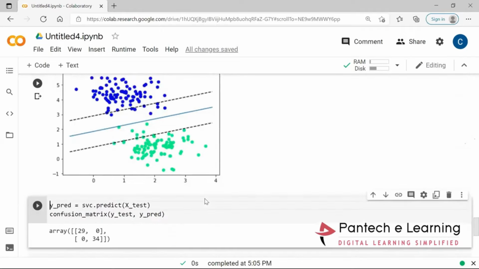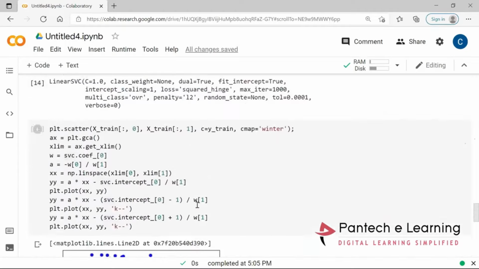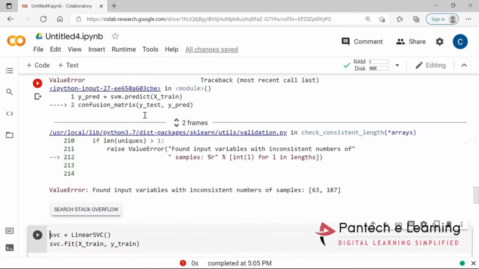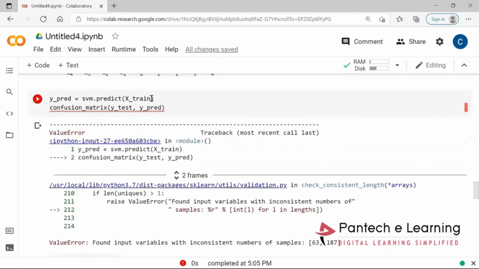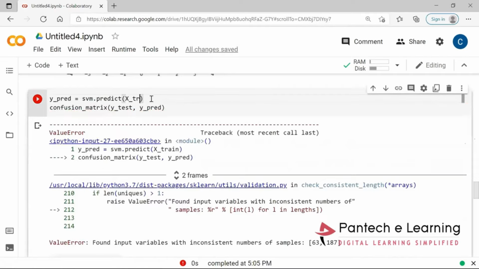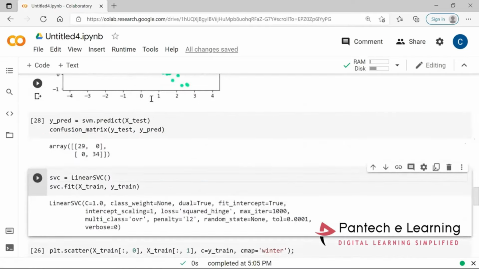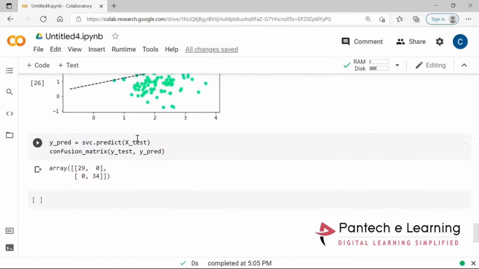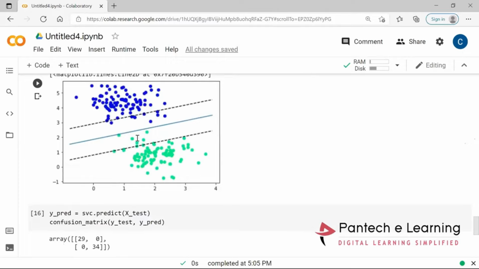Okay, so now we are going to predict the y prediction once again using the x test value. Previously it has been done with the same thing only. Actually, it must be the train value, then only we will be able to compare. Okay, so here the train value is not separated properly. I think only 250 samples are there. So in the same way, here we are going to take the prediction once again with the same values. Okay, so in this way the support vector classification is split into the complete analysis for the support